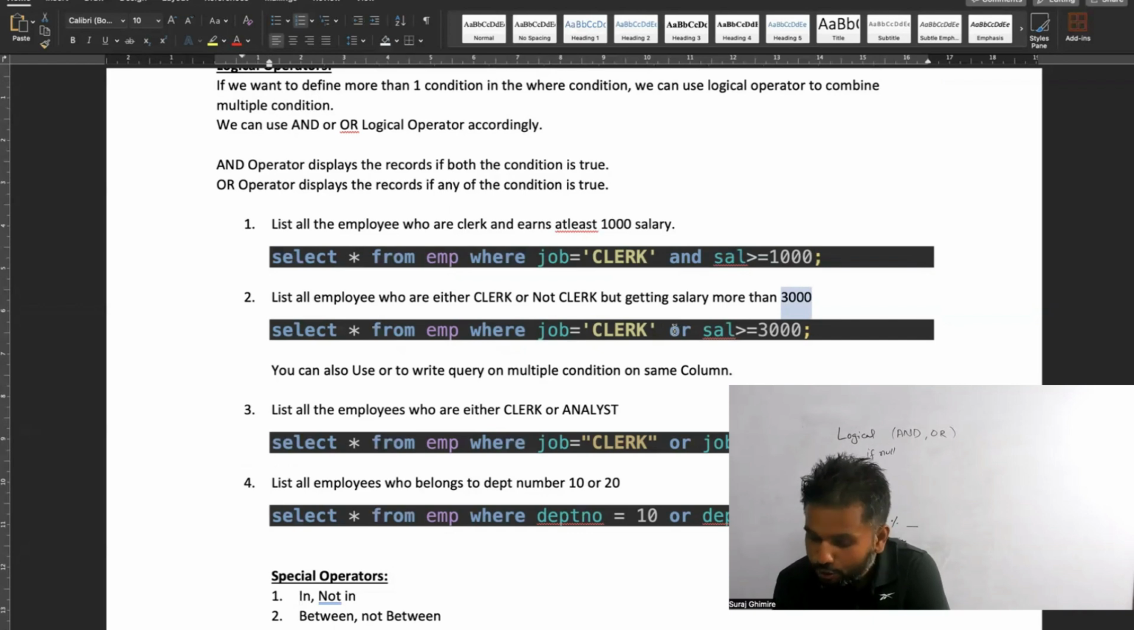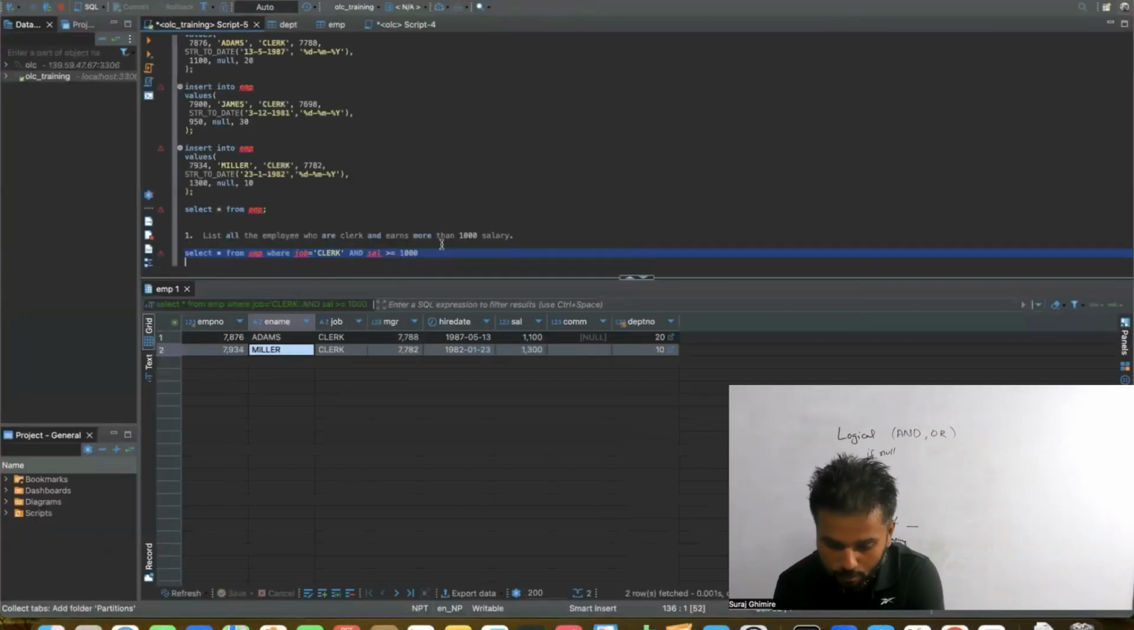So in that case, you'll use what? OR, right? Because this OR would be used, and this OR would return you the record if this condition is true or this condition is true, right? So let's go back. Now your condition is,